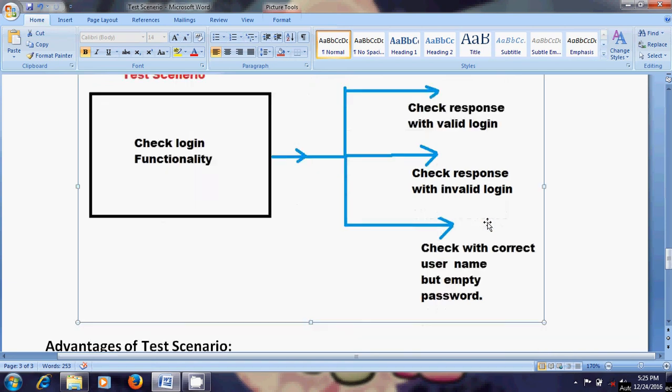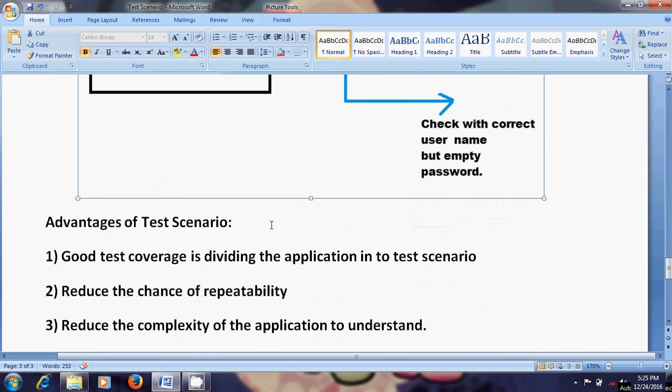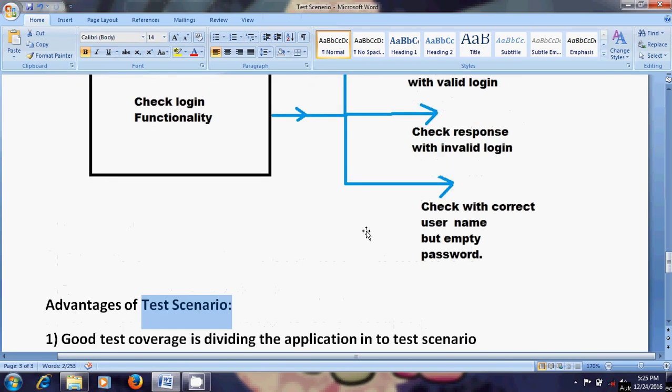Okay, so these are the advantages of test scenario. Advantages are: good test coverage by dividing the application into test scenarios. Second, it reduces the chance of repetition of tasks.